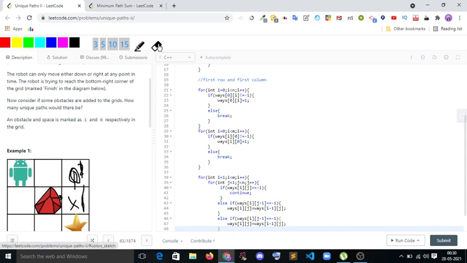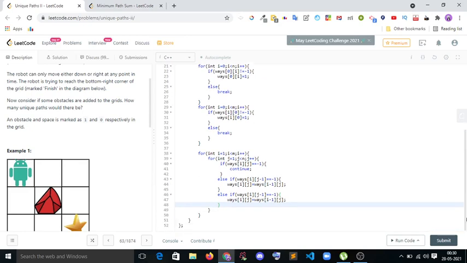So else if ways of i minus 1 comma j is an obstacle, ways of i comma j should be ways of i comma j minus 1.